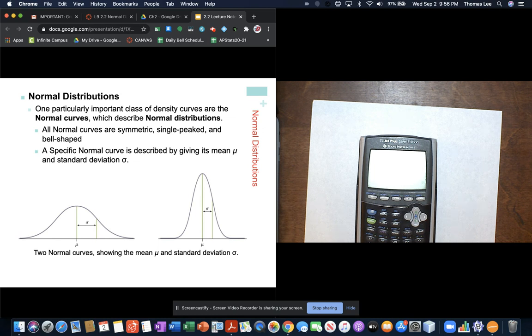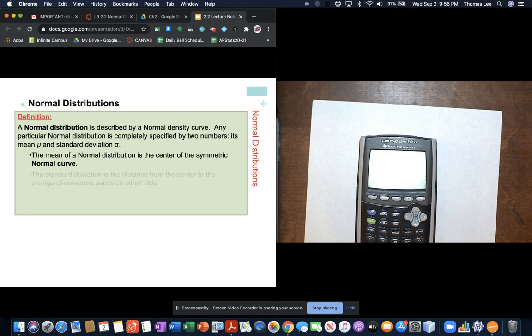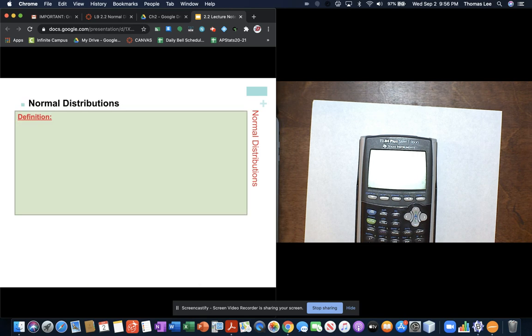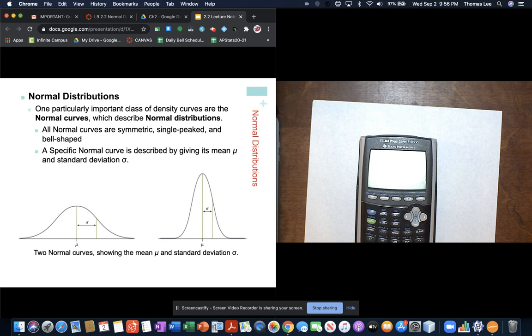If you recall the example we had of the Gary, Indiana students and the ITBS vocabulary scores, the actual data was not perfectly symmetric. In fact, is it in the next slide here? It might have been in a previous slide. But the actual data, the raw data, the real observations, they're not perfectly symmetric. But when we're using a normal curve, we're basically saying that this is a representation of or an approximation of